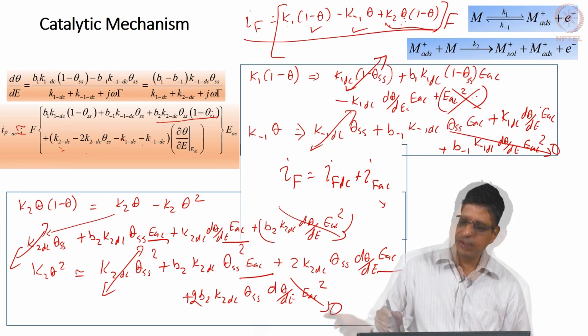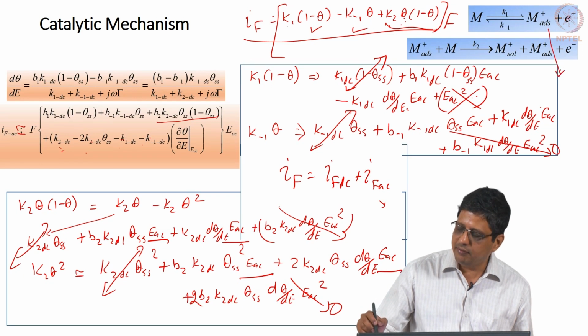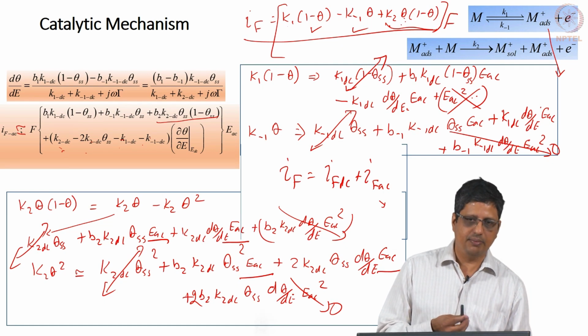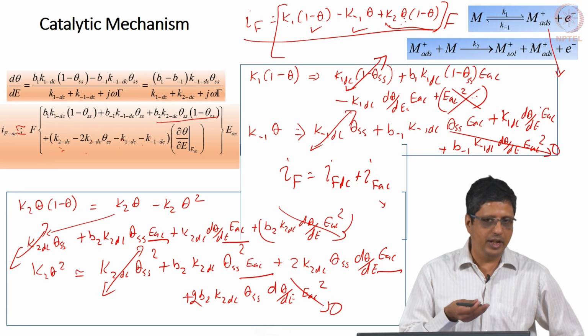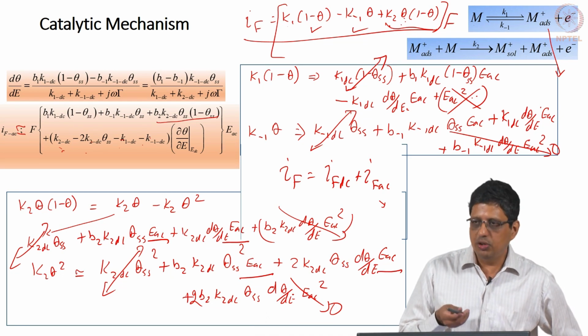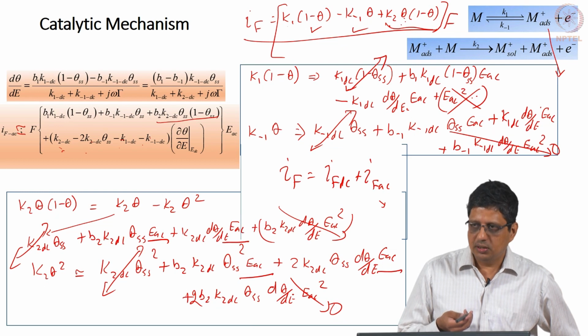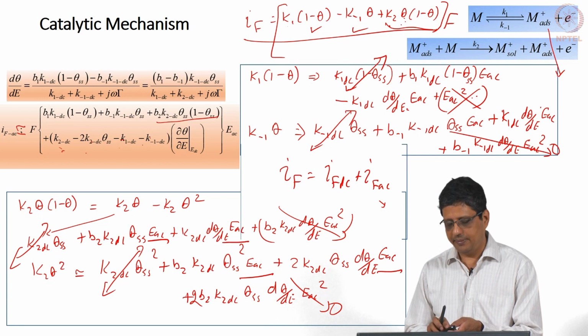So, in this example we have said metal becomes metal adsorbed, it is reversible. I can also say along with this catalytic mechanism, I have a regular reaction where metal adsorbed becomes metal in solution, that is another reaction mechanism. So, like that I can come up with many variants, you can come up with your own variants, all of them you would be able to write the expression for, you would be able to tell the impedance provided kinetic parameters are given. So, in order to ensure that you can do that, I would like you to derive and make sure that you get the expressions correctly.